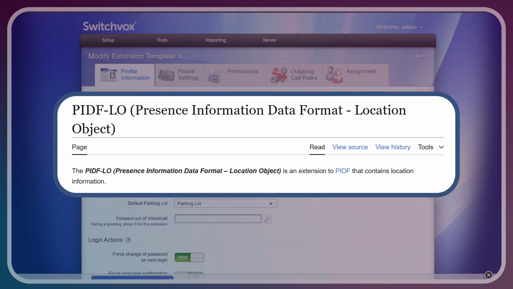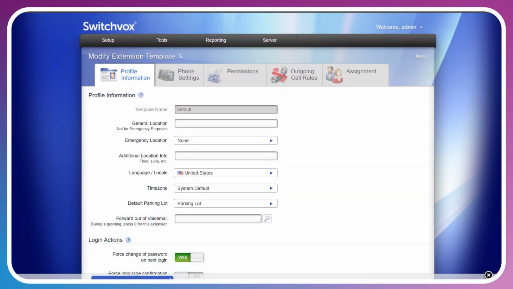The benefit here is that, well, traditionally each user would have had to have their own DID because that was attached to a specific location in terms of 911. You could reduce the amount of DIDs needed by simply providing each user with an additional location info. So the parent DID, for example, may be attached to Office 1, and then the additional location information is attached to that user. At the time of this recording, SIPStation does not support PID-FLOW. However, the VI SIP trunking does. So if this is an important feature for your organization, please reach out to your sales engineer or sales rep to get more information on enabling this.